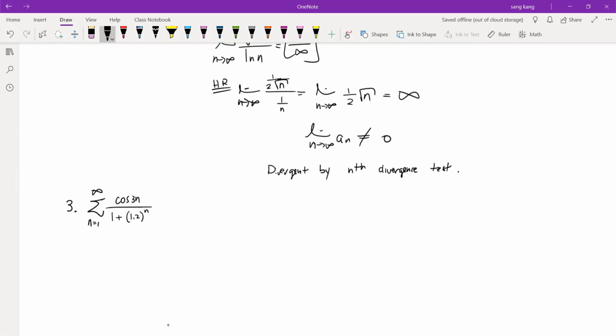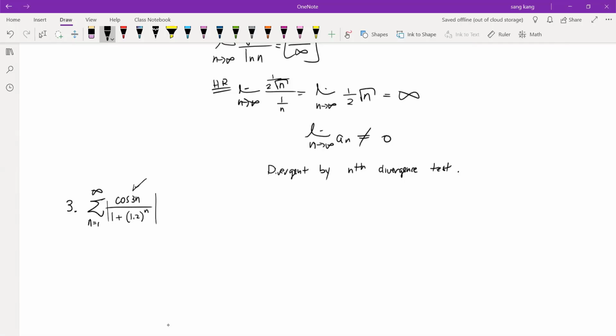Cosine, sine, tangent, all these trigonometric functions are bounded by 1 and -1 or 0 to 1, depending on how you look at it. And since we're trying to do absolute values, to see if this is convergent absolutely, I'm going to choose to apply an absolute value to this first and see what happens. And again, because there's a cosine of